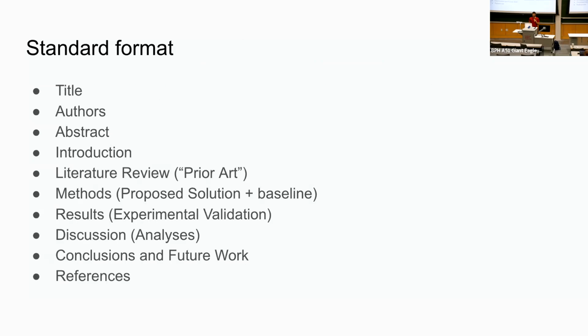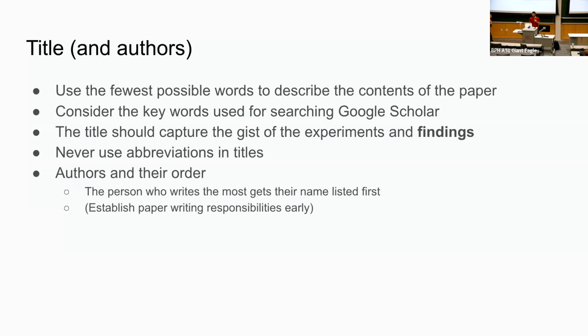So the standard format is you should have a title section, a title and authors, with an abstract section, introduction, literature review, methods, results, discussion, and conclusion and future works with citations. And yeah, I'll pass it to